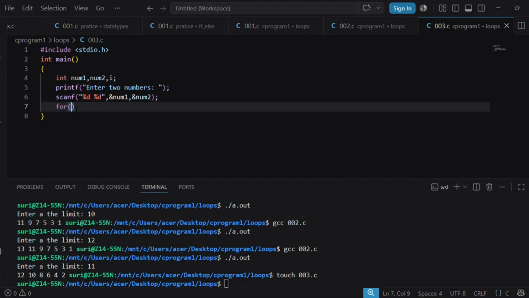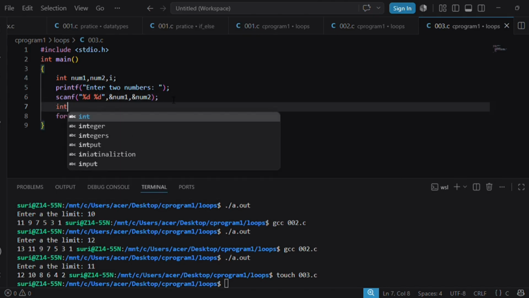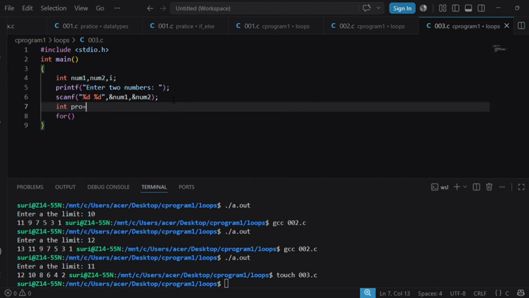I need to increase one number at a time. So for this we are going to create another variable, declaring as well as initializing it to 0.